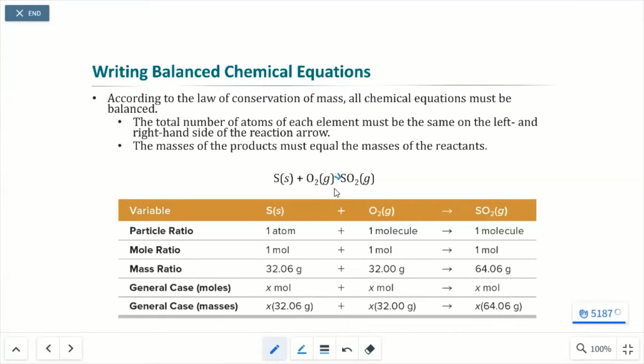So if I look at this chemical reaction on the slide here, sulfur reacting with oxygen to make sulfur dioxide,